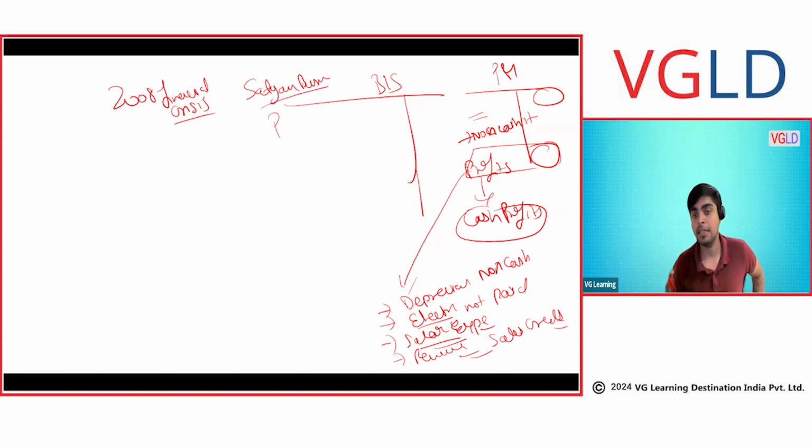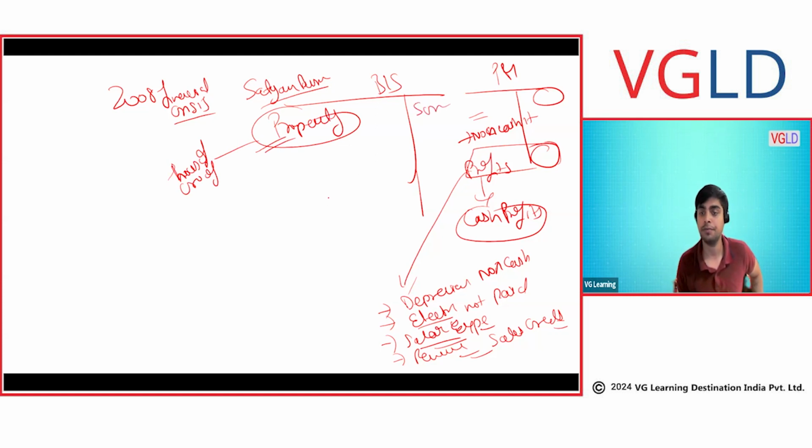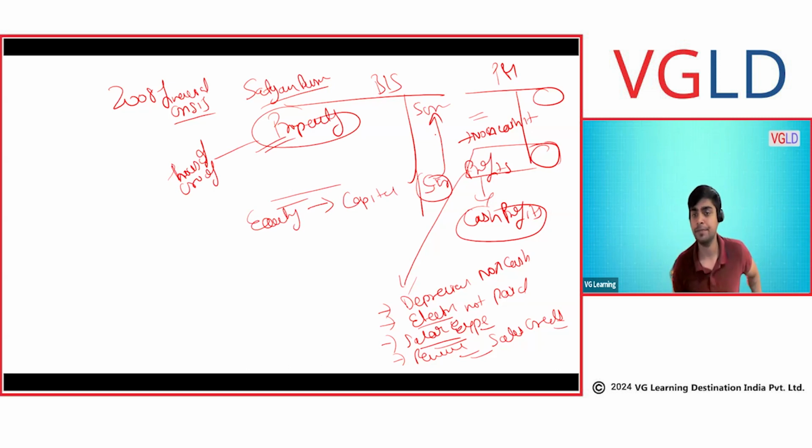If you look at the balance sheet of Satyam business, you would see that they had a lot of property, thousands of crores of property. Like it was something, let's say, 5,000 crore. And you look at the equity. So equity was their capital, 5 crore. Basically, this entire amount is invested in the property. Just for the sake of example.